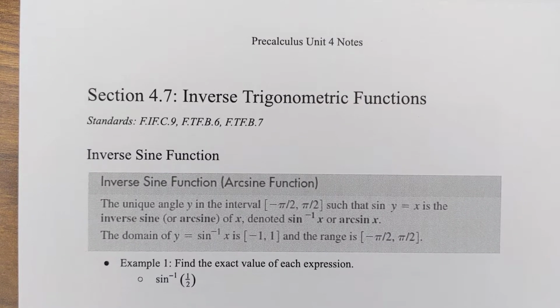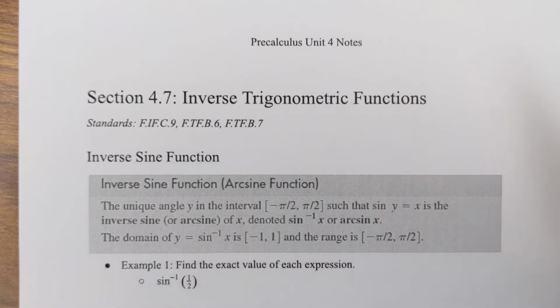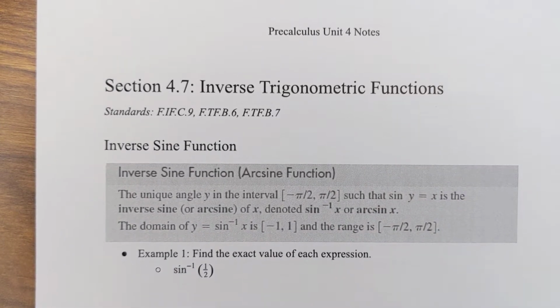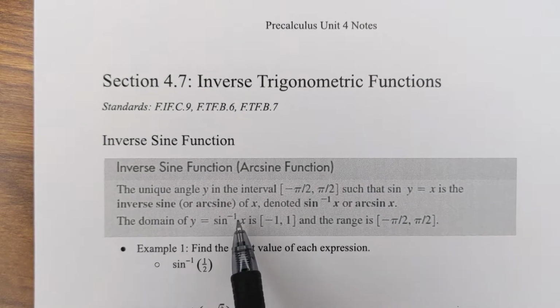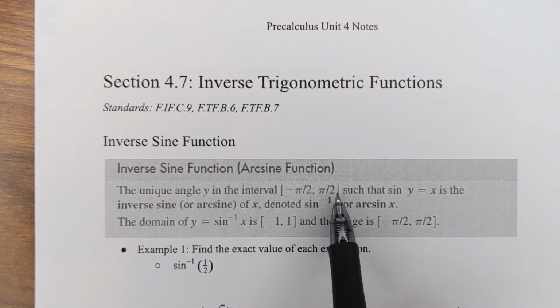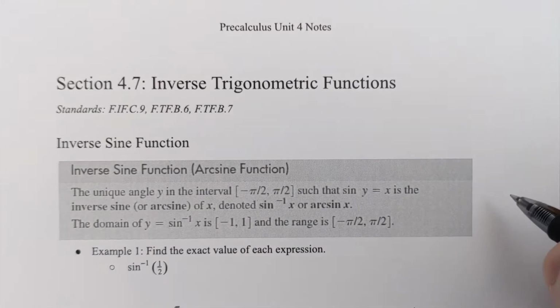All right, here we've got the notes for section 4.7, which deals with the inverse trigonometric functions. The inverse trig functions take a value and return the angle that generated that value. So we'll start with the inverse sine function. There's some unique angle y in the interval negative pi over 2 to positive pi over 2, which means,